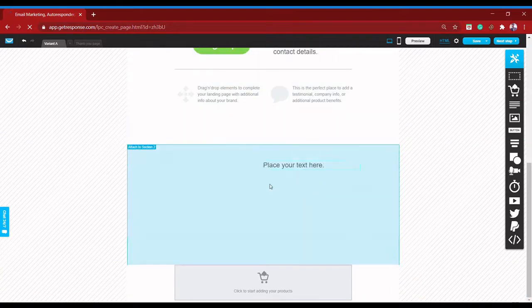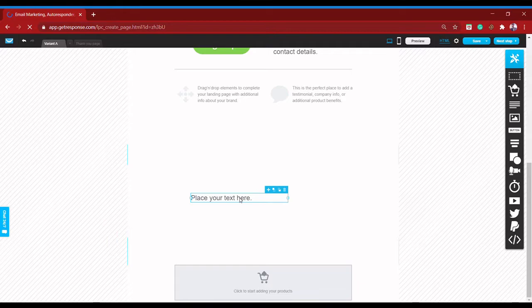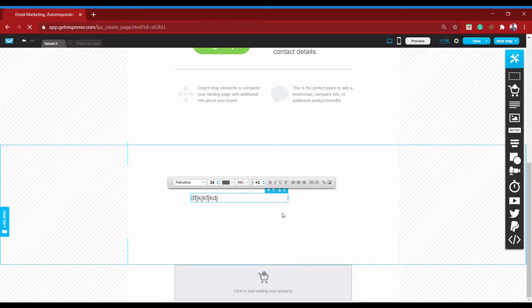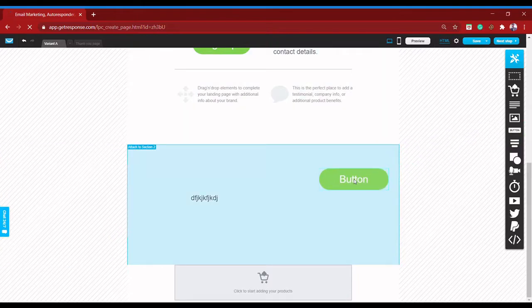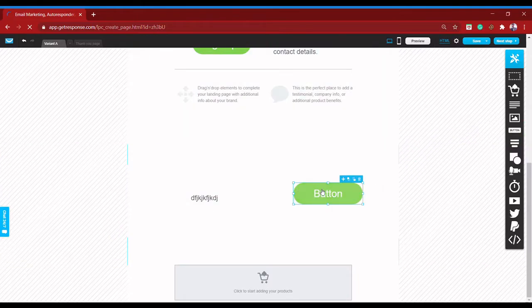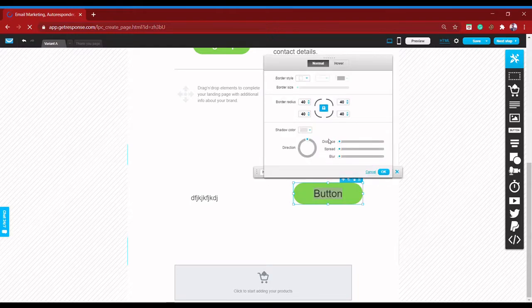Also here you can add some text as well. Just drag it and drop it and type in what you want to add. The second element is images, as I showed you before, and you can add buttons as well. Here you can edit the buttons as you want. You can add a link, colors, and if you want to change the dimensions of the button, you can do it with this tool as well.